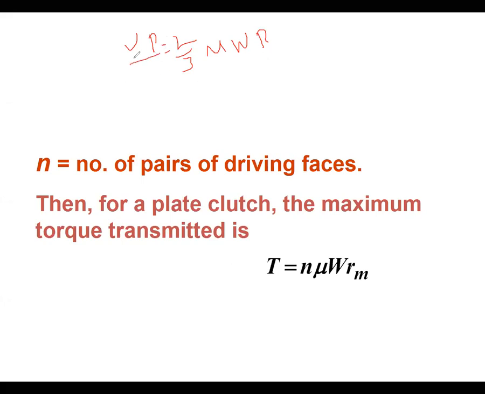This is uniform pressure where under that clutch condition. Single plate clutch. This is single plate clutch. So instead of single plate clutch, you are going to do that multi-plate clutch, MC.